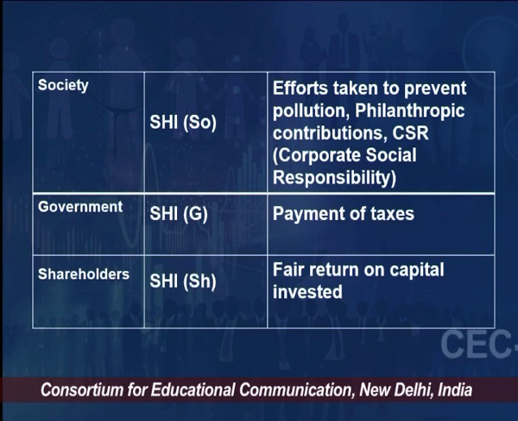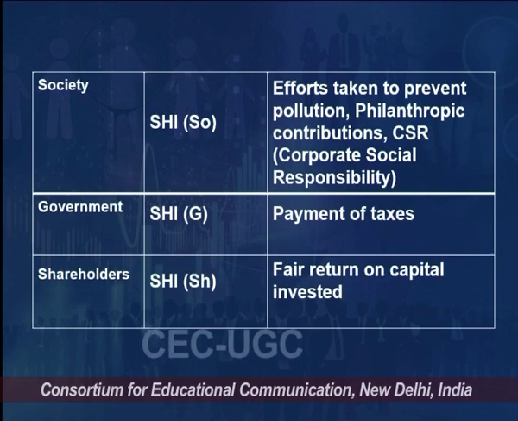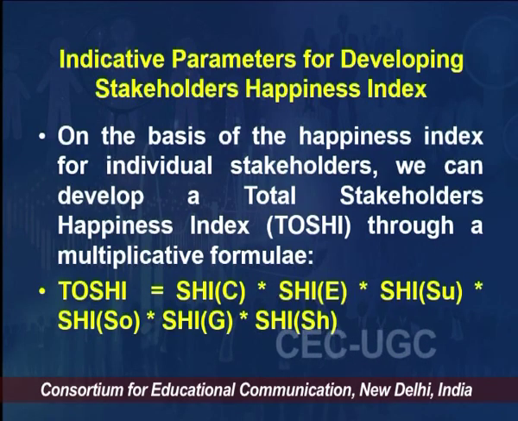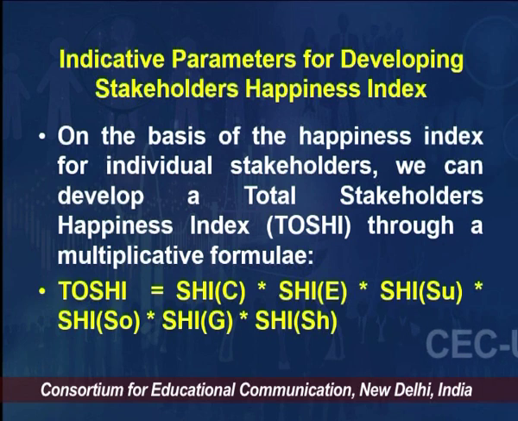For government it would be G, and the parameter would be payment of taxes, and eventually for shareholders it would be fair return on capital invested, that is whether the return which our shareholders are getting from the company is fair or not, and it would be indicated by SH. So in this way, my dear learners, we have taken these components here, and these are indicative parameters for developing the stakeholder happiness index, and on the basis of the happiness index for individual stakeholders, we can develop